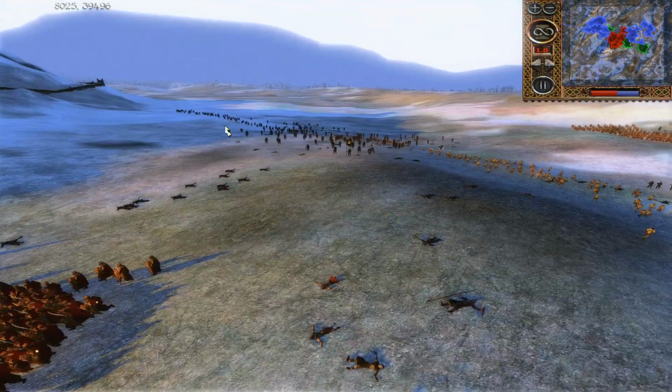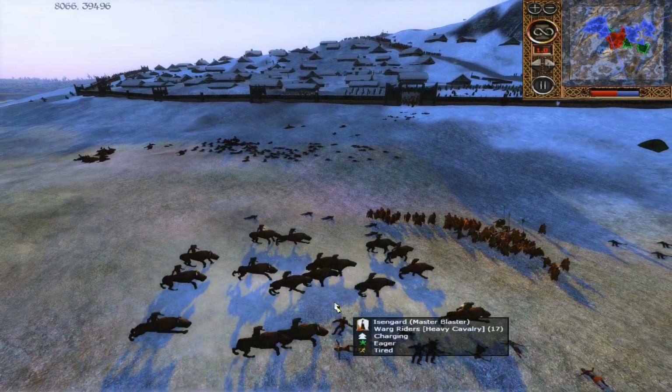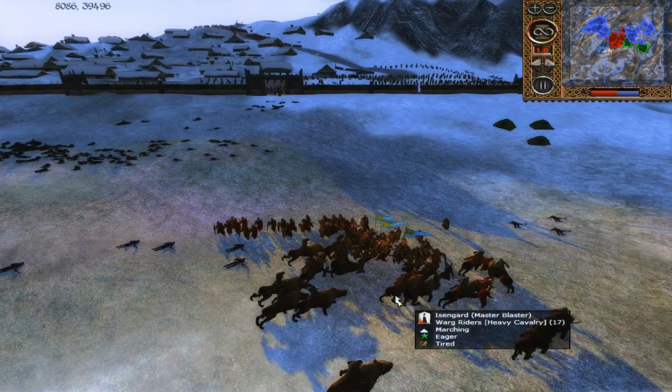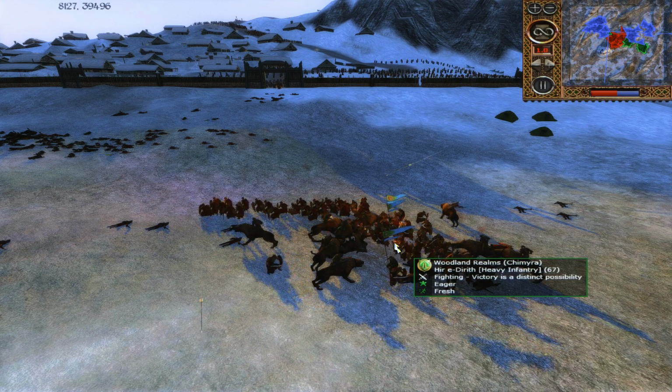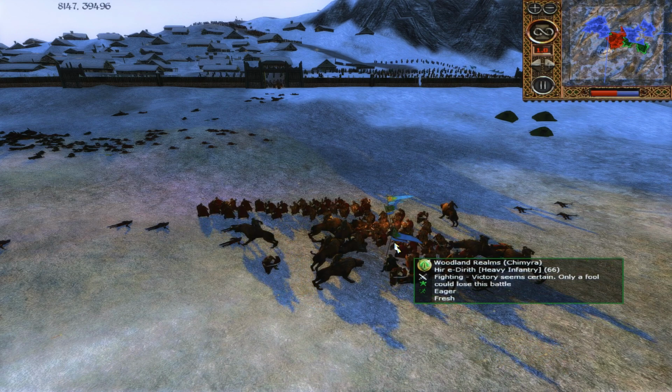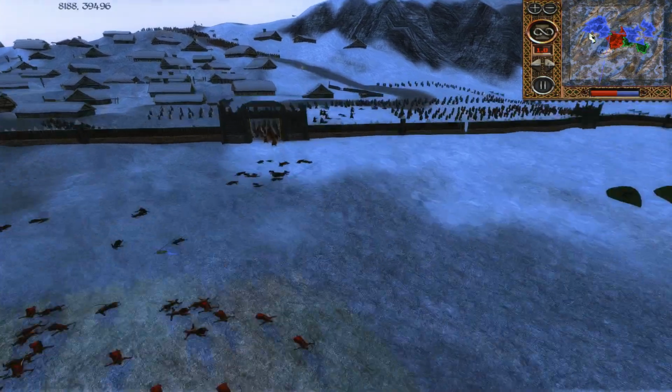We have those Dunland clansmen. They do need to get some infantry up here, because otherwise this Hiri-Dirith is going to have it all its own way. These warg riders are coming in, a bit of a charge there, but that's a decent charge actually. Managed to get a few kills, and I'm grateful for this aspect of the battle, because of course Edoras traditionally is quite grindy. Speaking of which,